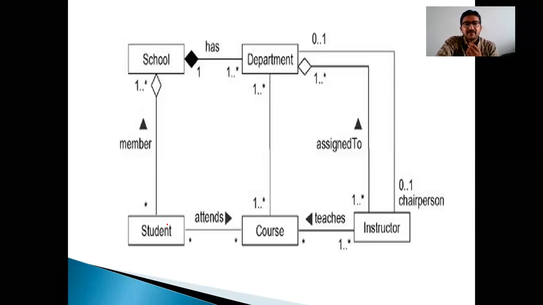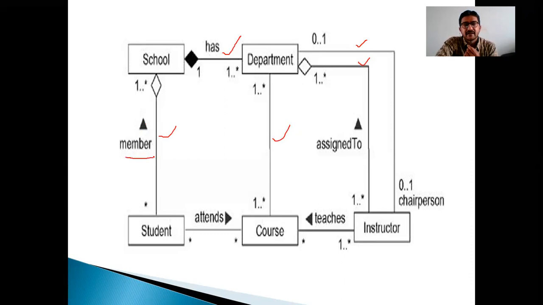Now here, if you carefully observe, how many relationships are there? Here we have association. Here we have aggregation. Here composition. Again association. Again aggregation. And this is a named association. This is a named direction association. And here multiplicity is there. Here also named association, direction, multiplicity, all of this. If you go into detail, in one or more schools, many students are there. Many students are there in one or more schools. Like this, we can write it.